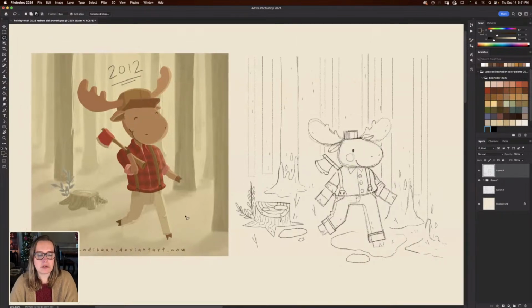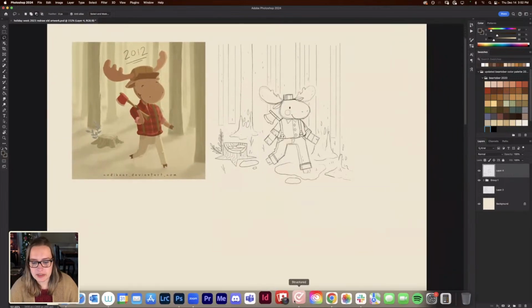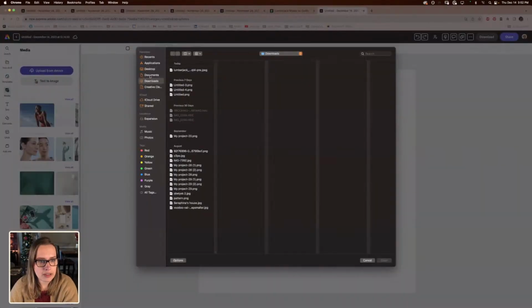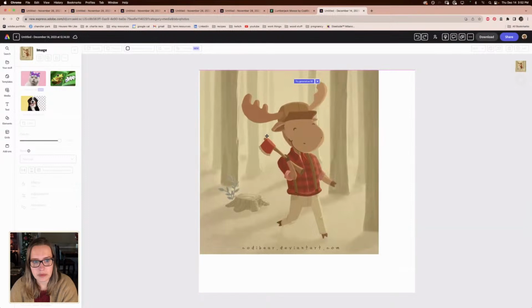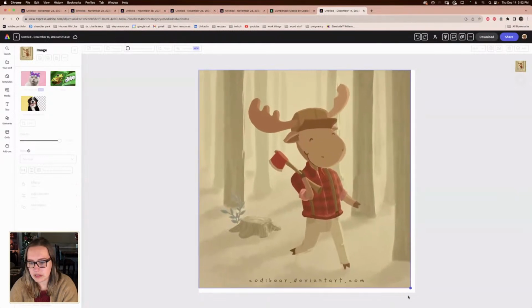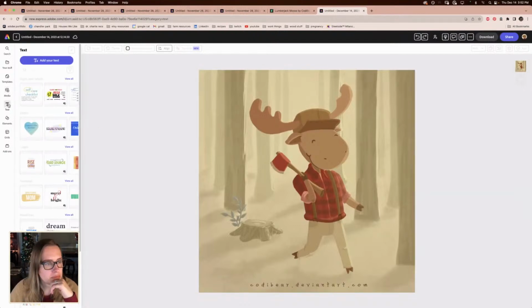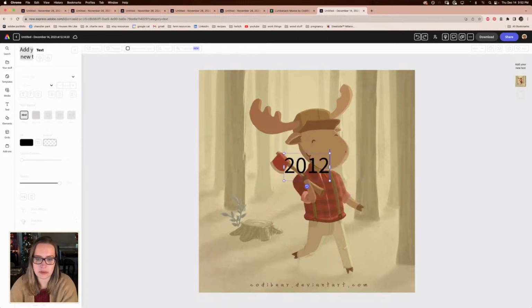Okay, so really quick, I only have a couple minutes, but I wanted to show you guys on Adobe Express. Super easy. All you would have to do to make a carousel post is upload your photo that you wanted to show for your old artwork. I might not have time to do this completely. And then you just add your text, and you can say what year you did the piece originally.